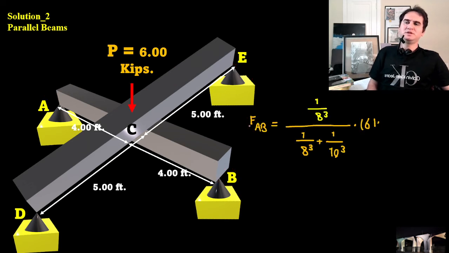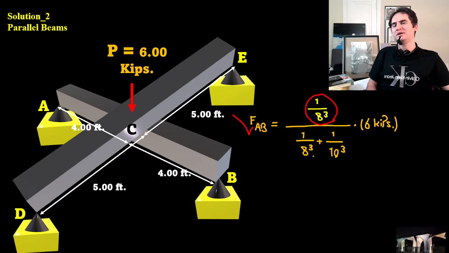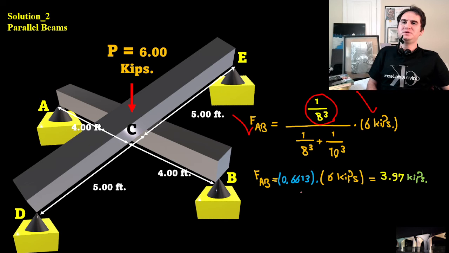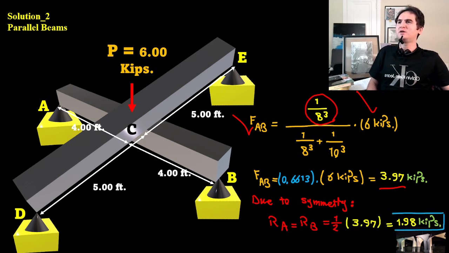Let's attempt the force on AB. If you factor out the common parts, it's 1 over 8 cubed over 1 over 8 cubed plus 1 over 10 cubed, times 6 kilopounds. If you do the math, FAB is 0.66 times 6 kilopounds, which is 3.97 kilopounds. Due to symmetry, RA is equal to RB,